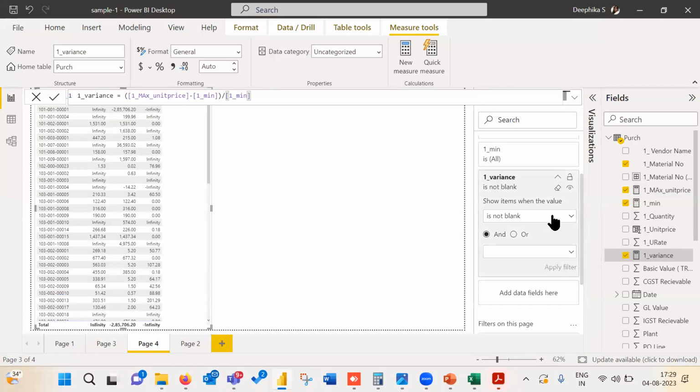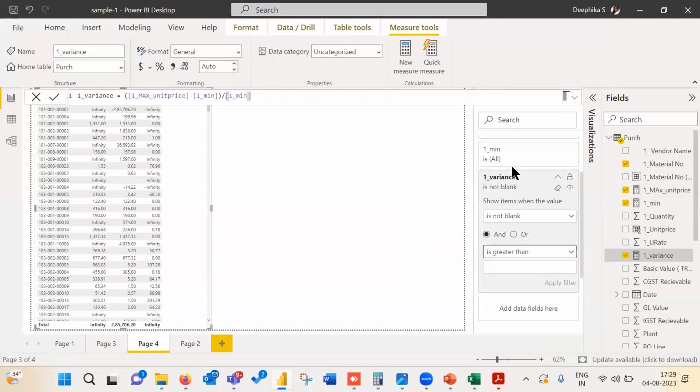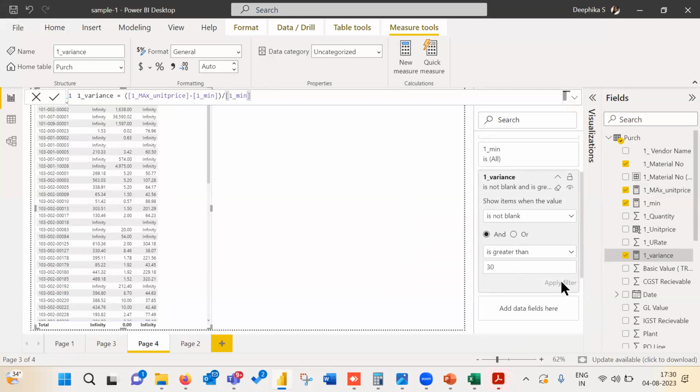Apply filter. And variance is greater than 30%. Okay. So these are the things having greater than 30%.